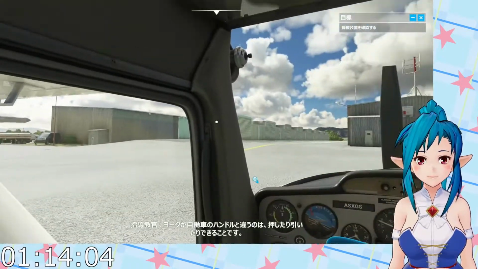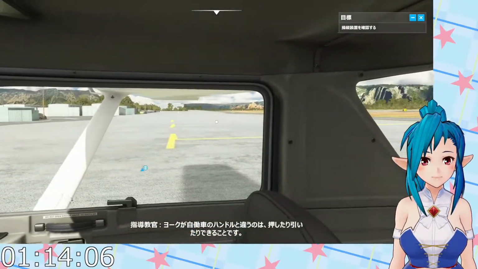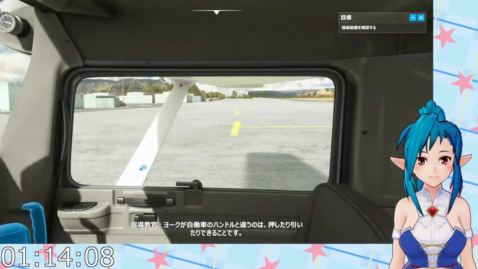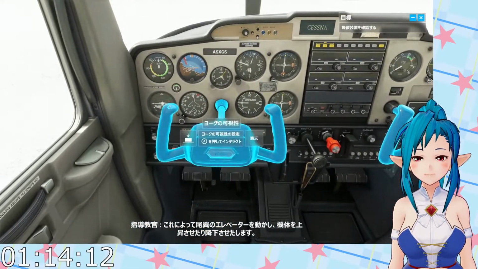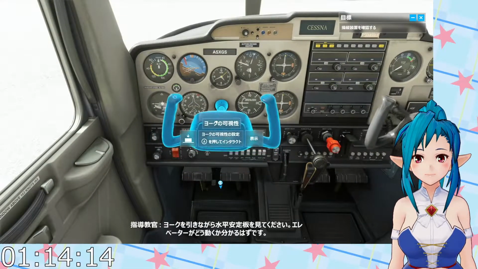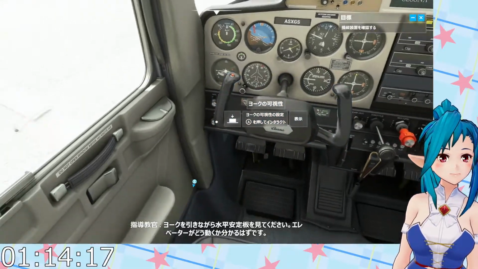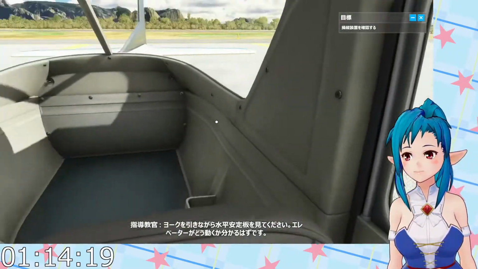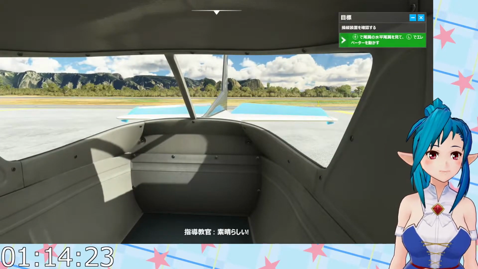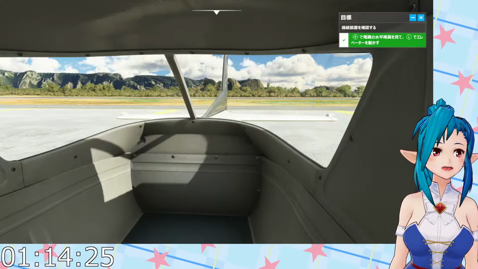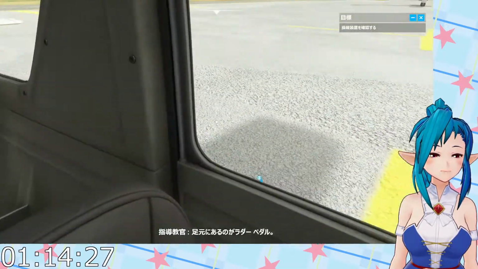Now, the difference between the yoke and a steering wheel is you can pull or push on the yoke. This controls the elevator at the back of the aircraft to make it climb or descend. Look at the horizontal stabilizer while you pull on the yoke. You can see how it affects the elevator. Nice. なるほど。